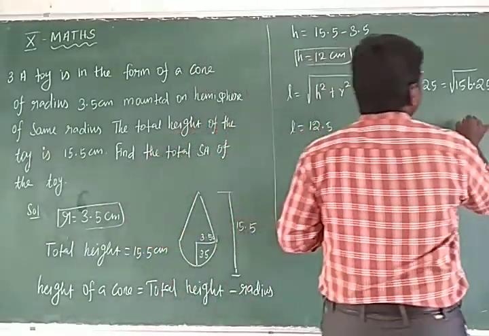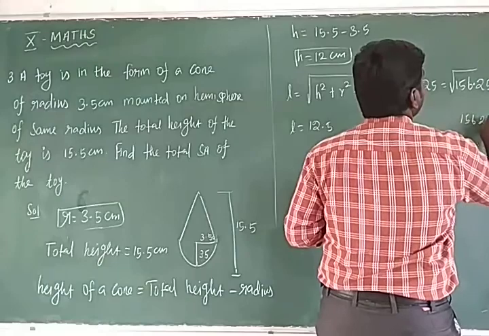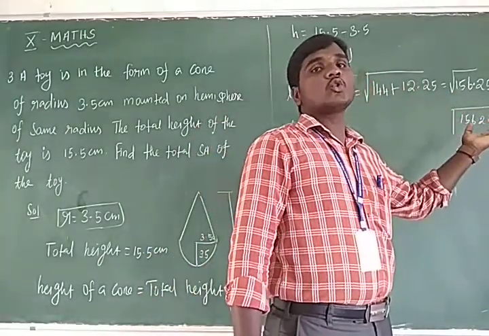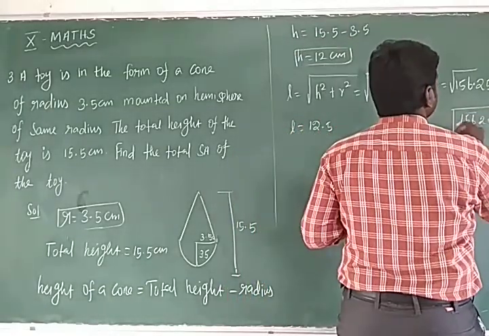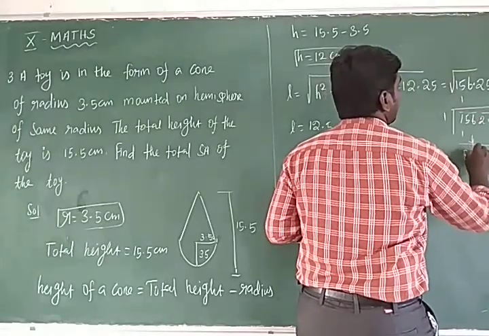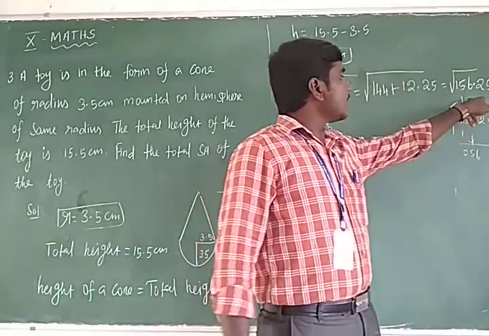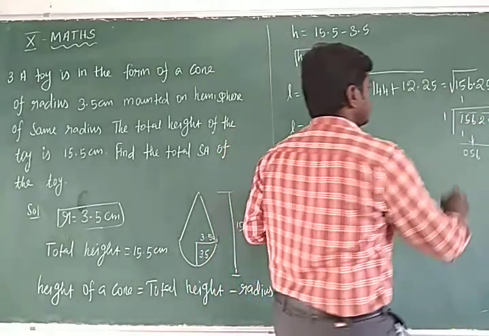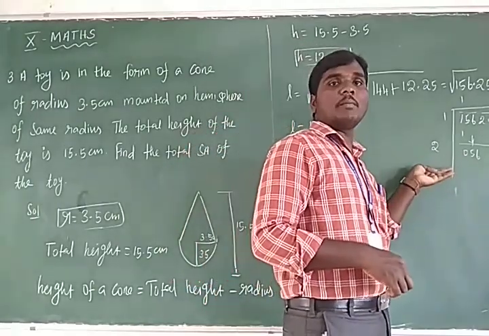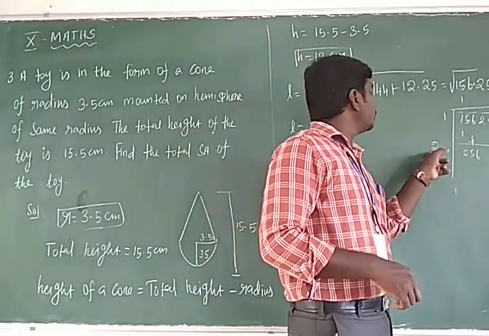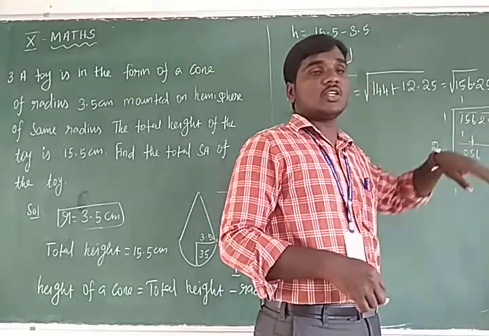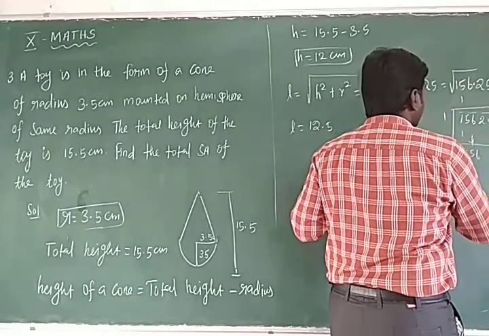Taking the square root, l is equal to 12.5. Once again, let me explain. For 156.25, taking the square root, you group two digits from the back. One is 1, remainder 0. Next you take 56. Double the 1, that is 2. You choose a number and multiply by the same number. If we choose 3, 2 3s are 6, that is 60, which is too much. So you choose 2. 2 2s are 4, balance 12.